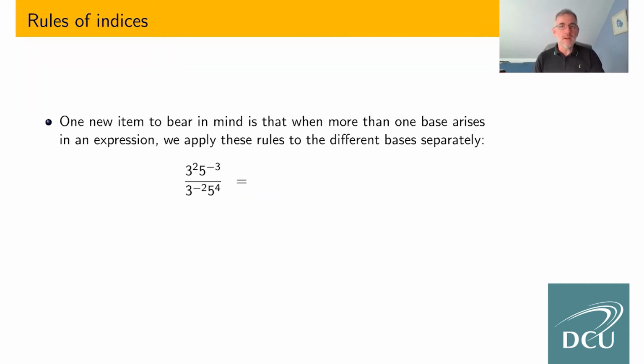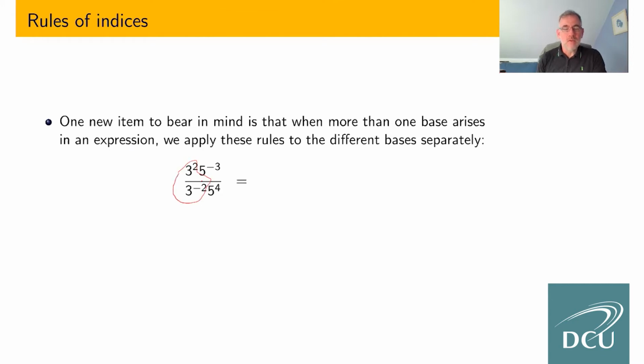We need one other bit of information, and that is how to deal with a situation where we have expressions that involve different bases. And that's exactly what we have here. We have two different bases. We have powers of 3, and we also have powers of 5 that are being combined in various different ways. So the key thing to bear in mind here is that we apply the rules of indices to those two different bases separately. So if we focus on the 3, maybe I'll try and put a line around the powers